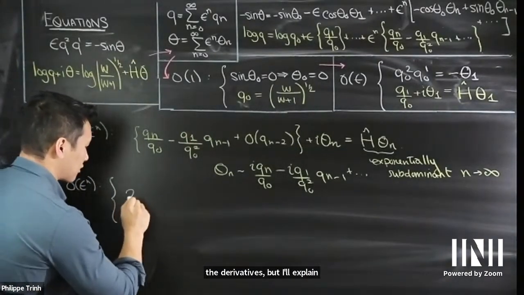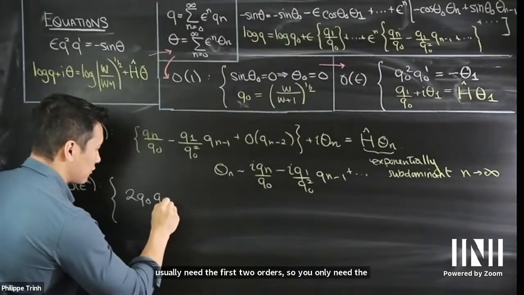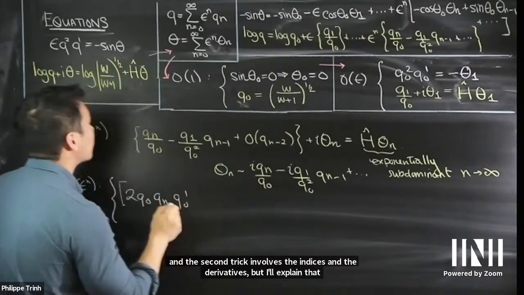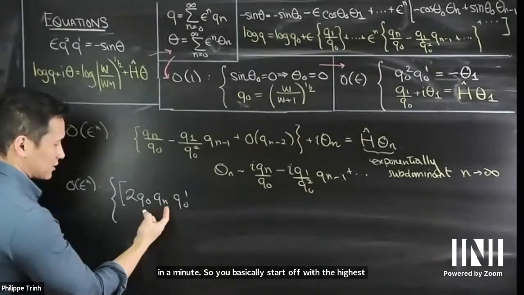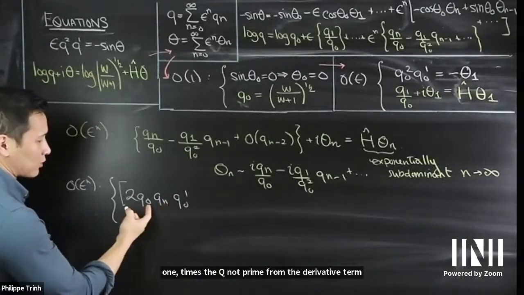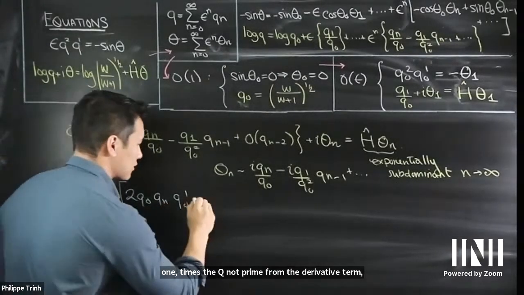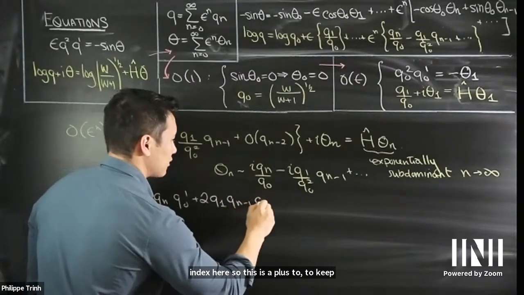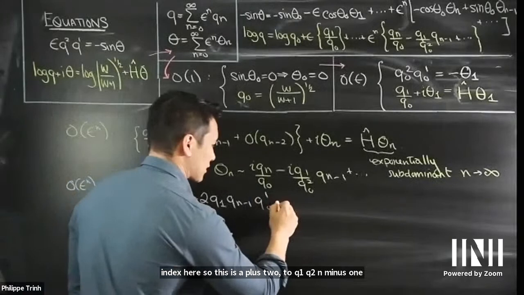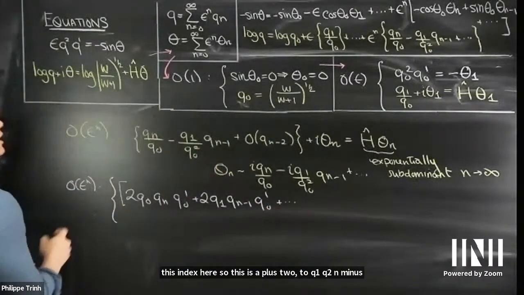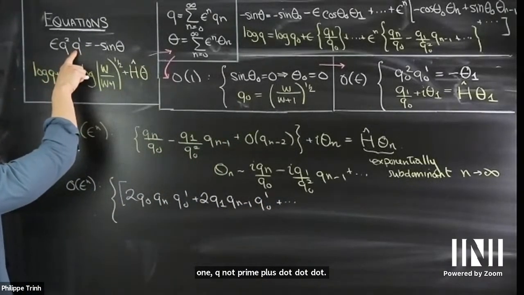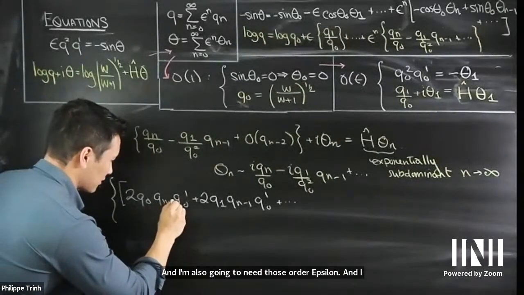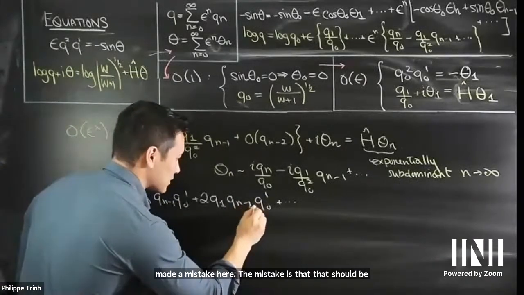So you basically start off with the highest indices. So you have a 2 q naught qn when you expand that first one, times a q naught prime from the derivative term. And then I'm going to start decreasing this index n to n minus 1 and then increase this index here. So this is a plus 2q1 qn minus 1 q naught prime plus dot dot dot. And I'm also going to need those order epsilon. And I made a mistake here. The mistake is that should be an n minus 1 and that should be an n minus 2,